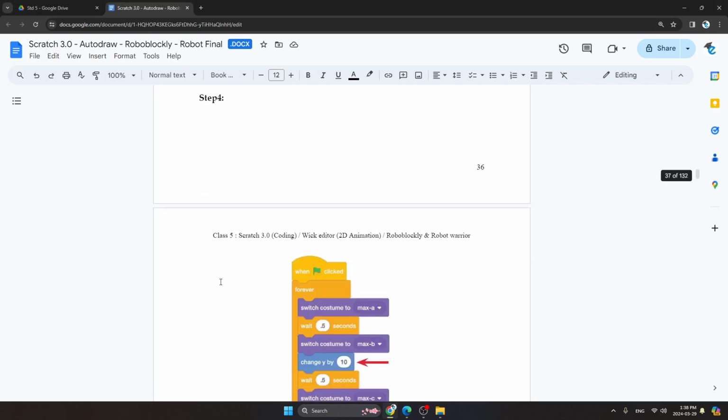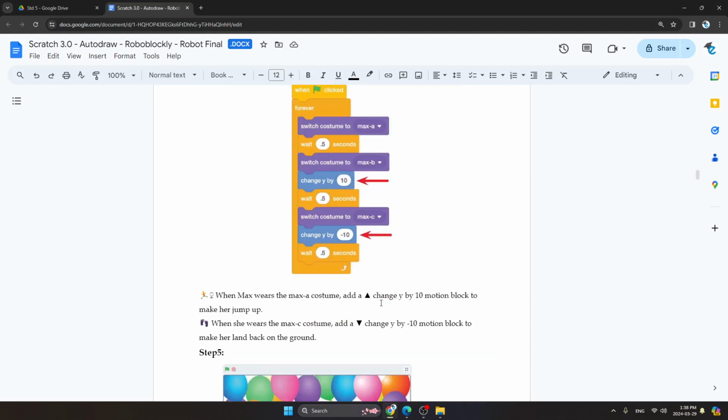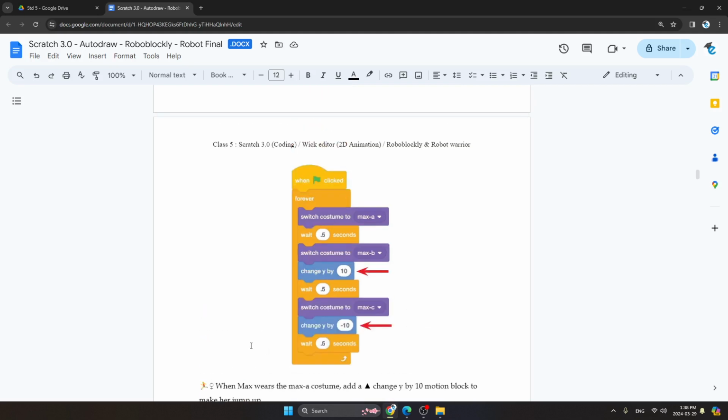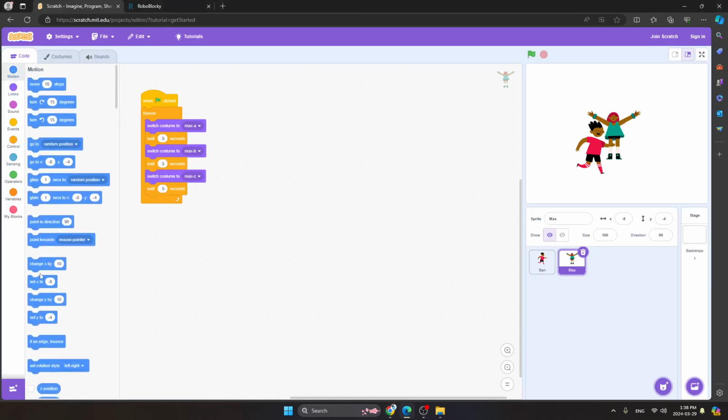Okay, so let's see our step 4. In step 4 we have to add, when Max wears the next costume, a change Y by 10 motion block to make her jump. When she wears the next costume, add a change Y by minus 10 motion block to make her land back on the ground. So we have to add change Y by 10 and change Y by minus 10 after Max B and Max C. First we will add change Y by 10.